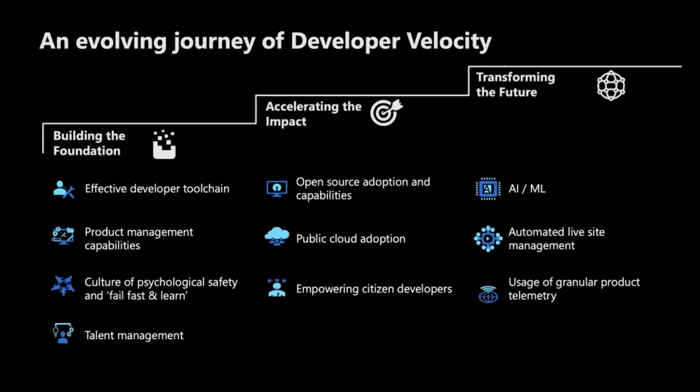So, last slide, just to recap for you. Depending on where you are in your developer velocity journey as a company, as a tech team, think about the actions that you can take. So the effective developer tool chain is: how do you share your code? How do you secure it? How do you do change control? The product management, how do you structure your teams? How do you make sure you can grow and learn as individuals and a team? So really foundational capabilities, but all of these help you go faster.